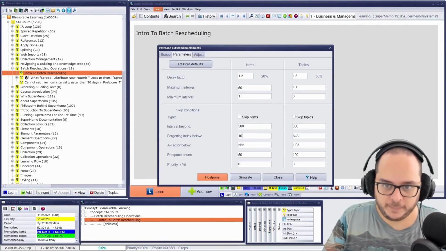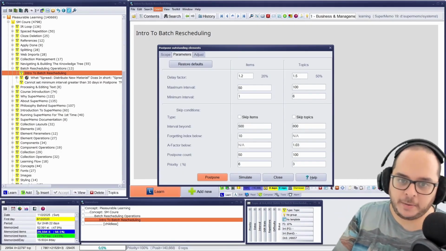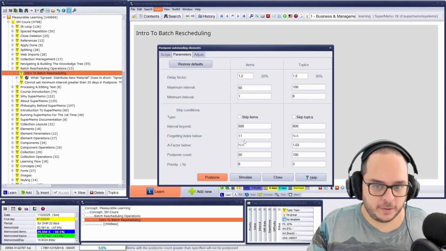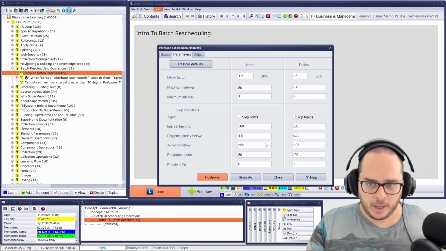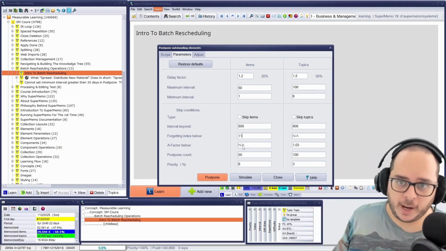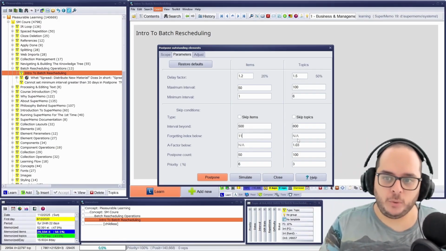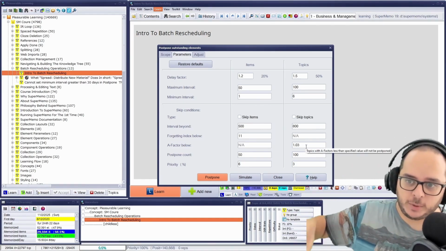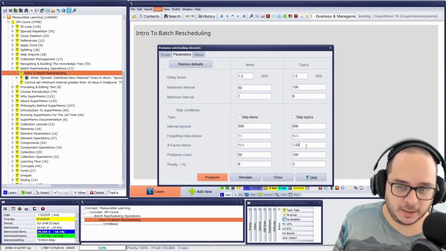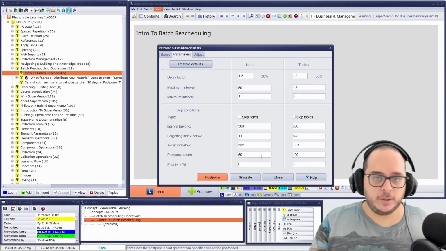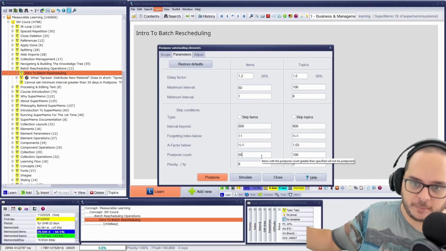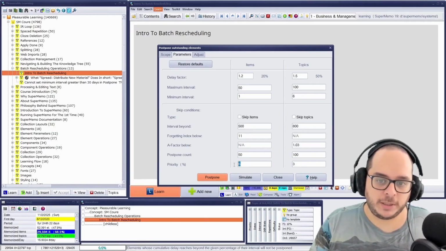The default is 10, right? So I want to postpone everything that has more than the default. That's what I can do. The A-factor we're not going to touch. I think you cannot touch it now, because in SuperMemo 17 it is already not used for items, so it's meaningless, but you do use it for topics. So the topics with a high A-factor will increase quicker, so you perhaps don't want to postpone them that easily. Or postpone count. So I want to postpone this, but it has been postponed so many times already, don't touch it ever. Or priority, the most interesting one.